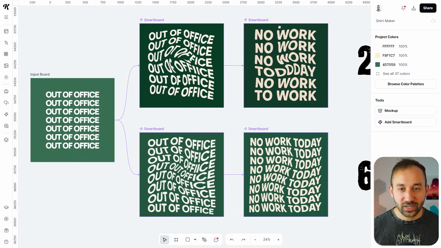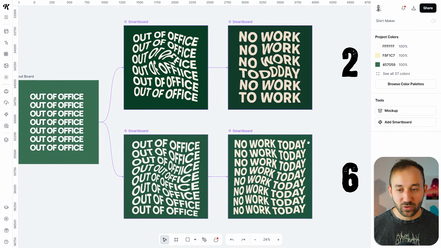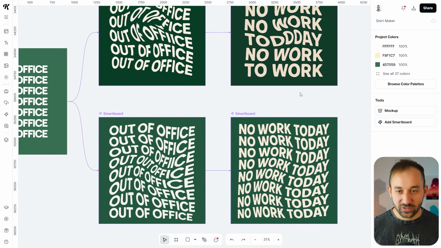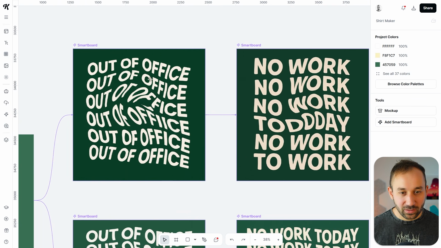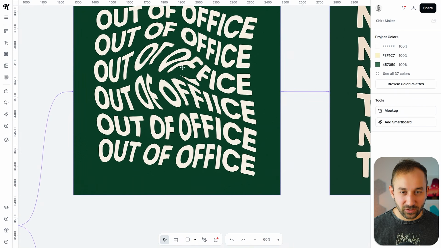If we move on to the next one, here we have this kind of warped text effect. At the bottom, we have 6 credits or high quality setting. Everything pretty much seems to be spelled correctly, but at the top, out of office. Yeah, I think this on the left is still spelled pretty fine, although I prefer the way it looks at the bottom. I think this is a bit easier to read, whereas here we have a very strong warping effect